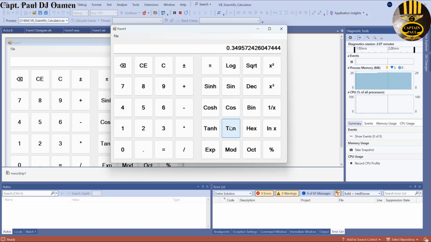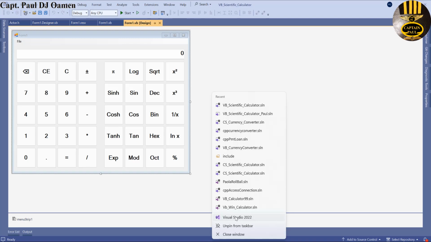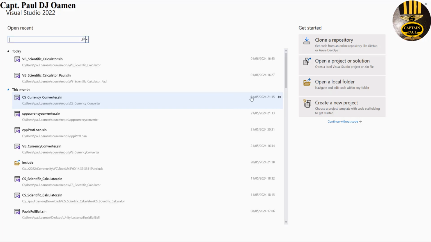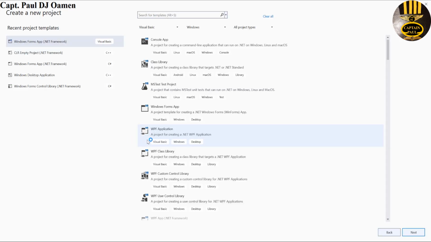So what I'm going to do now is I'm going to take you guys straight into Visual Basic Development environment, and we'll put one of these together. So let's exit out, and I'm going to right click and let's select create new Visual Basic application, and let's select create new project here. Make sure you have your Visual Basic selected in this template. The one that I'm going to be settling for is